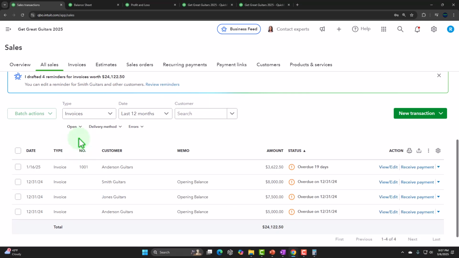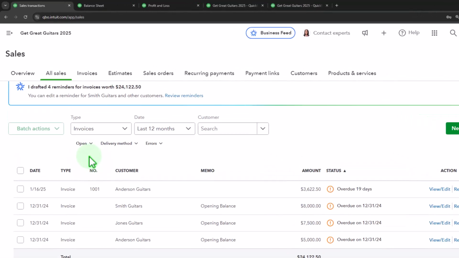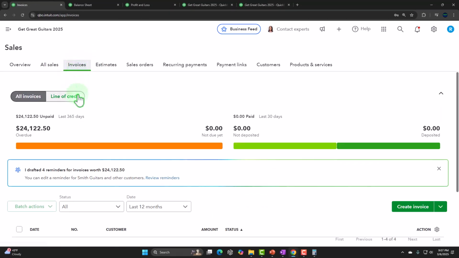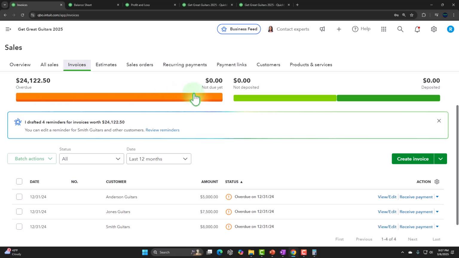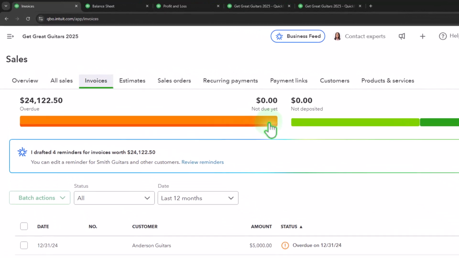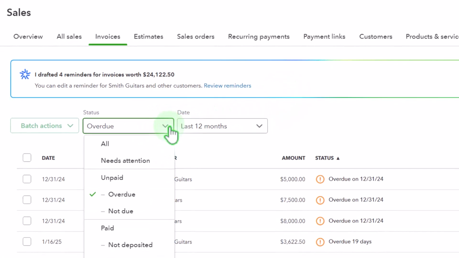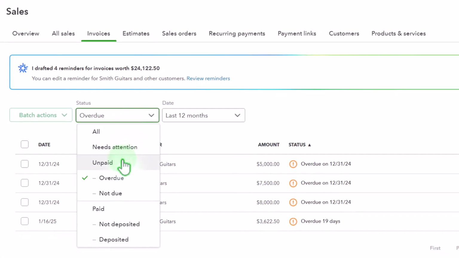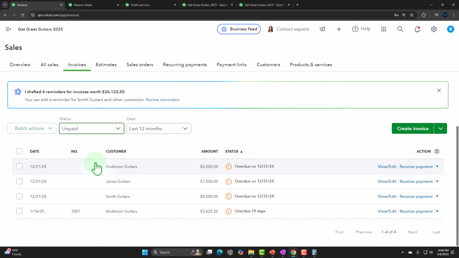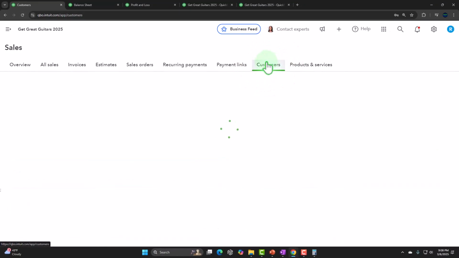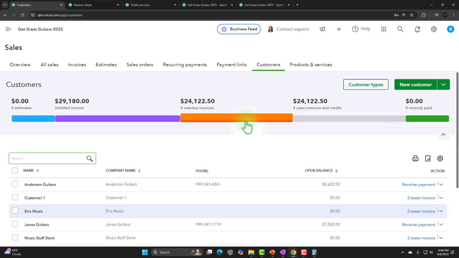There they are. More likely, however, if we're looking for the invoices, we'll go to the Invoice tab to look at the invoices where we have the quick filter up top: overdue, not deposited, or not yet due. So we can filter this way. So here's the overdue here, or I can say unpaid. Let's just take a look at all the unpaid. There's our invoices. Or we can go to the customer and search for it this way and look at our